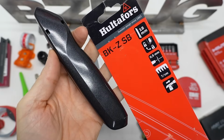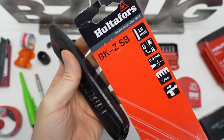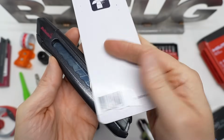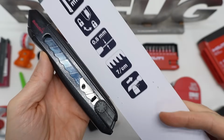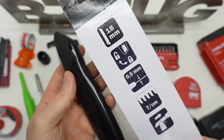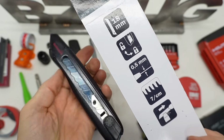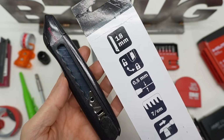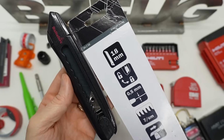This knife does not say where it is made. Doesn't say so on the packaging either. But it is built really heavy. This is probably the heaviest utility knife I now own, and I own quite a few. And that is the